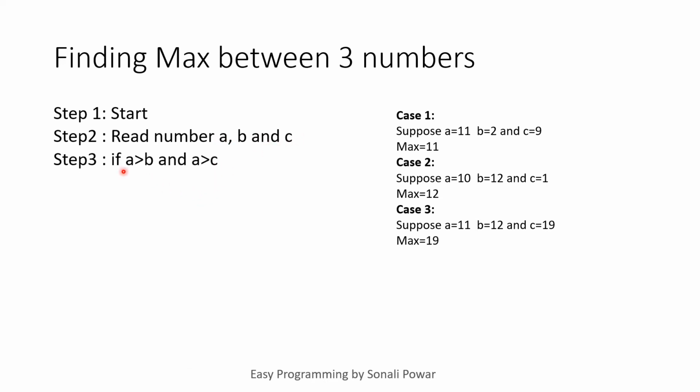Again I am repeating this. Now see, in step number 3, I have to check A with B and C also. In the previous example there were only two numbers, so I had to check A with only B, but here there are three numbers, so I will say that if A is greater than B and also A is greater than C,